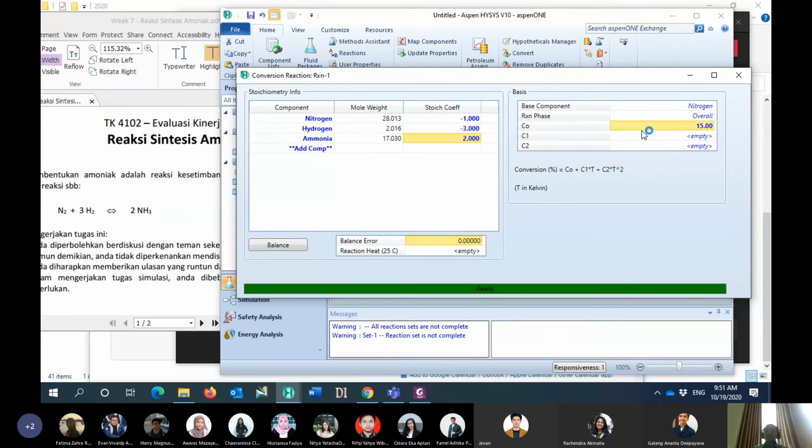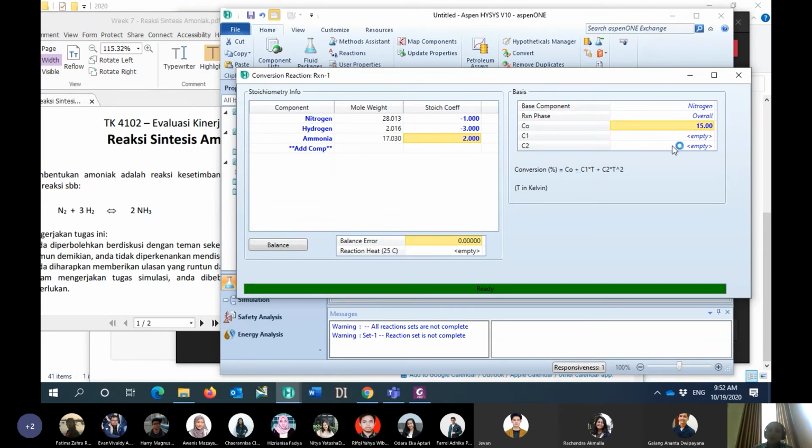So in the case of C0 of 15%, my initial prediction is that the conversion will be 15. Remember, I will change or optimize this value following the correct temperature profile that I have, based on that table 1 data.